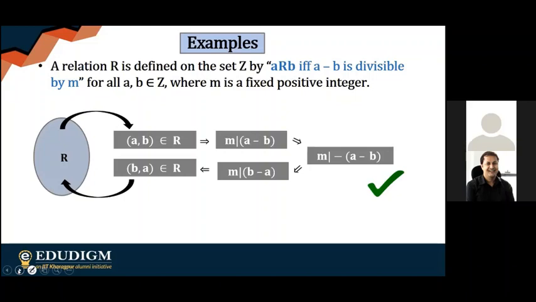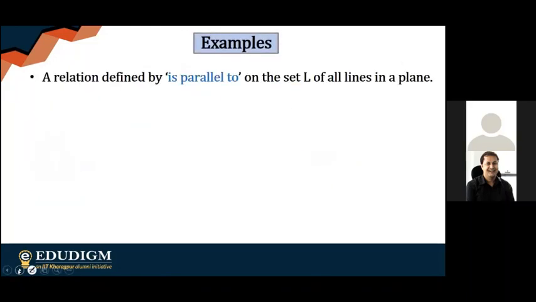Let's just take another example. Just like the previous one, we have taken the set of all possible lines in a plane. A particular line is related to another line provided it's parallel to that one. Suppose I'm going to take two lines. If L1 is related to L2, it's going to be parallel. So we can say from the basic properties of parallelism that L2 is also going to be parallel to L1. So we can say that L2 is also related to L1. From the definition of symmetry, this is what we can write: it's a symmetric relation.